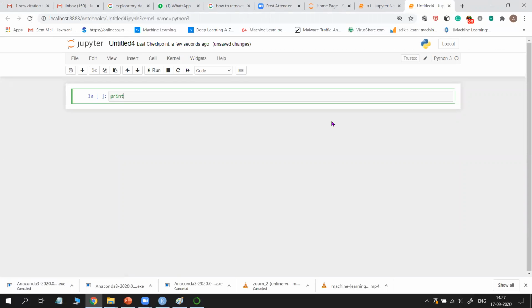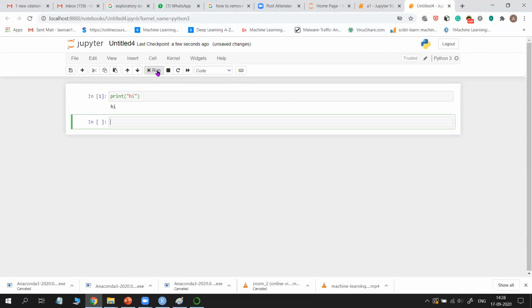Here you will type your entire code for machine learning. For example, I want to print a hi message, just run. So hi is printed. Similarly, we can do all the coding here.